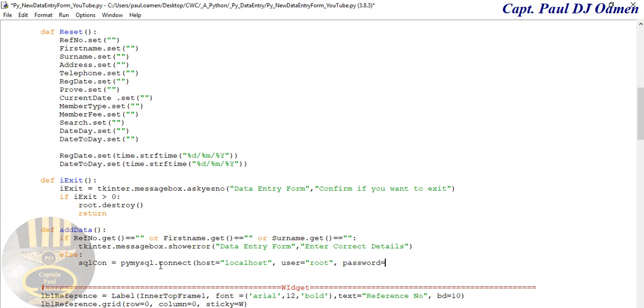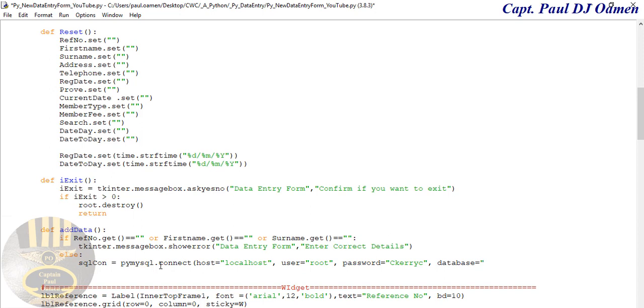Okay, I'm going to make that up. Use the password I've been using for my SQL. Alright, that's the password I use, comma, then the database itself